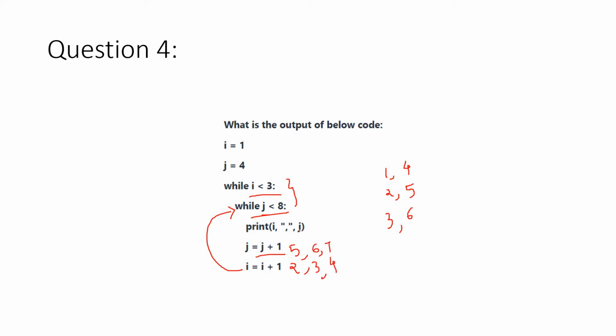j less than 8, yes, 7 less than 8, so i, which is the updated value, is 4 and then 7 will be printed, right. Then j equal to j plus 1, j will be 8, i will be 5. Now see, the inner condition 8 less than 8 will be false, so it will break the inner loop and come to the outer loop. i less than 3, what is the current i value? i value is 5, so i less than 3, this condition also will not be satisfied, this will return false, so as a result it will come out of the outer loop also.